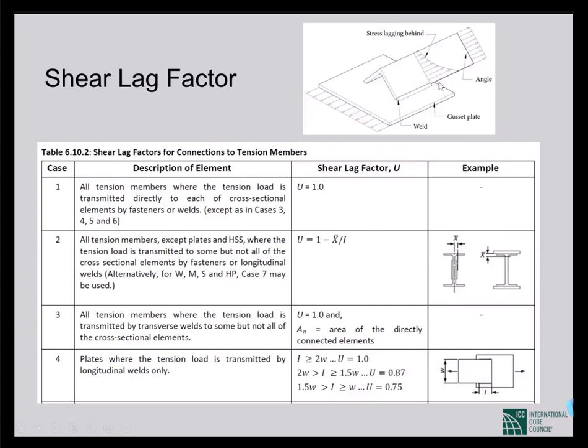Because of the shear transfer at the bottom here, the tensile stresses at the cross section are no more uniform. There is a lag. For this shear lag factor there are formulas, and for different types of sections we can calculate this shear lag factor U, multiply it with the net area, and we'll get the effective area. So for the check of rupture, like tear, complete tear, we use this shear lag factor.